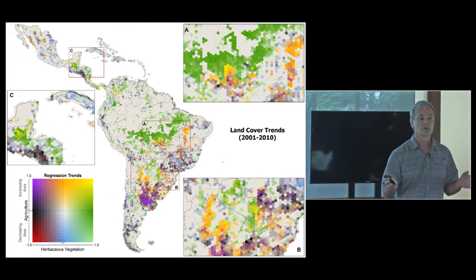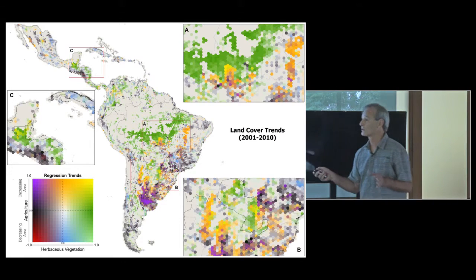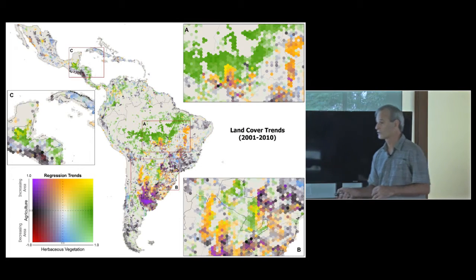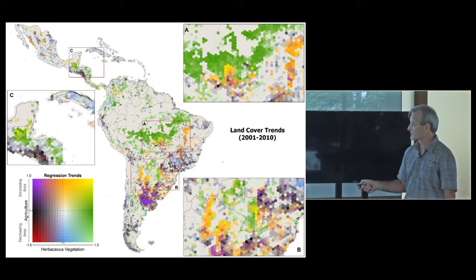marginal agriculture, marginal pasture lands could be being abandoned, and this is why we're seeing forests starting to come back in this region. I don't think there are many red areas on the map, but blue, which would be not much change